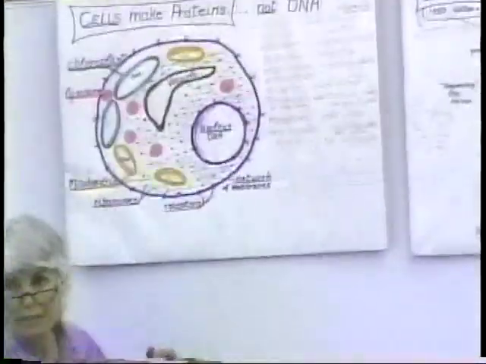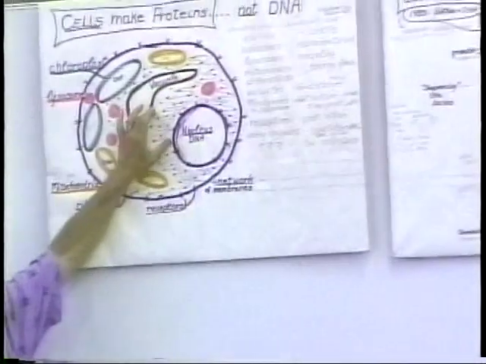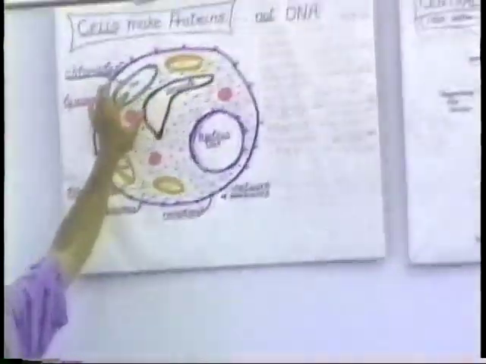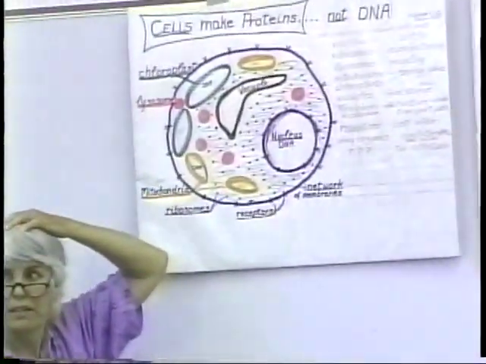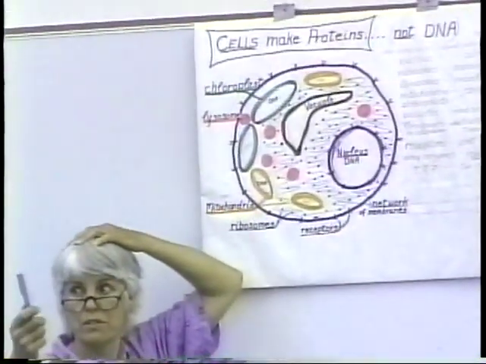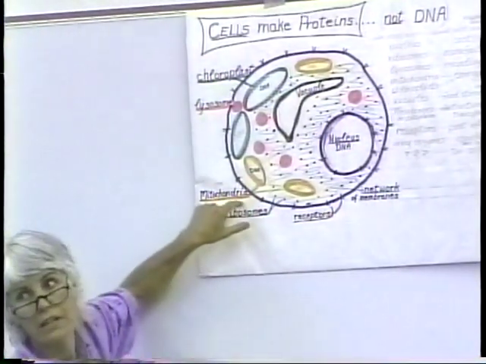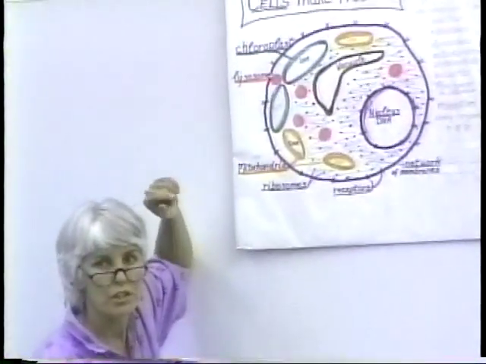There are energy plants. This is the basic structure of both a plant and an animal cell. Plant cells have chloroplasts that animal cells don't have. The chloroplasts start the energy cycle by making sugar from the sun. And the mitochondria are the energy plants in both plants and animals that take that sugar and turn it into